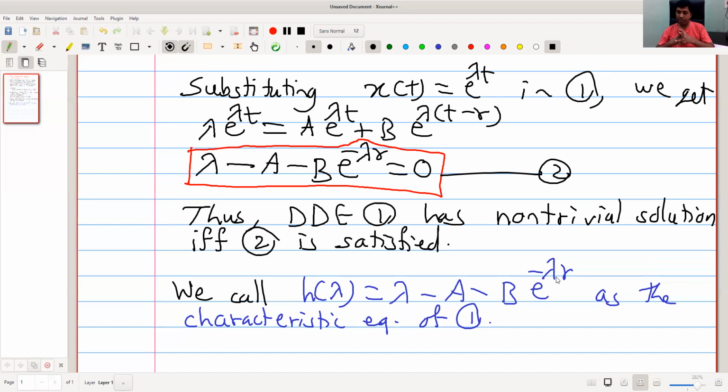We can have infinitely many eigenvalues. So in general, it seems that analyzing stability will be difficult. In the earlier case we have seen that if the real part of an eigenvalue is positive, then such an eigenvalue will produce an unstable solution. So for stability, we need the real part of all eigenvalues to be negative. And if we have an ODE, then we can have at most n eigenvalues, and we can check whether all these have negative real part.